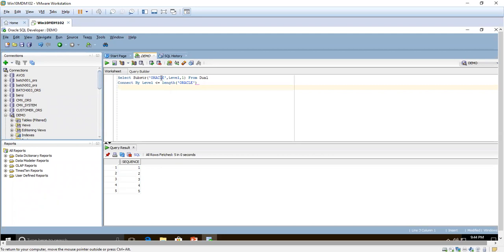Here, I am using substring. With the word Oracle, I am extracting the letters by using level. Everybody knows substring, which extracts part of a string. You just pass the parameters level and 1, which means you extract O, and so on, and connect by level less than or equal to the length of Oracle.